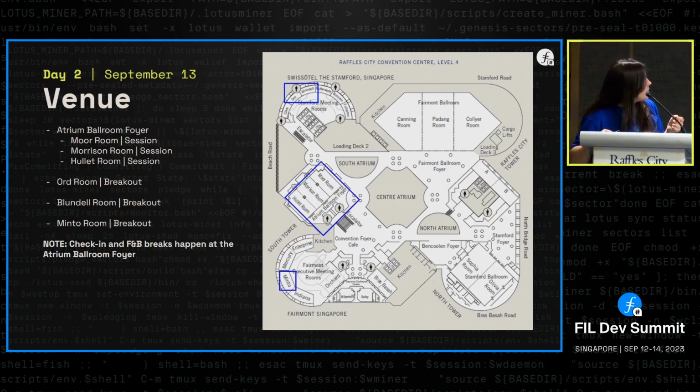This is for the second day, for tomorrow. We will have all of these 3 rooms, plus Ord and Blundell this side, and then Minto on the other side. I will suggest you to go there through the south tower and then to the right, and you will see a sign labeled Minto room. Just FYI, the F1 is happening here, like the whole registration, merge, and everything. There's going to be a lot of people around, so find people that are wearing this t-shirt, and they can guide you where to go to which room each day. And then the 14th, we have the same rooms, except that instead of Minto, we will have Indiana on the other side.